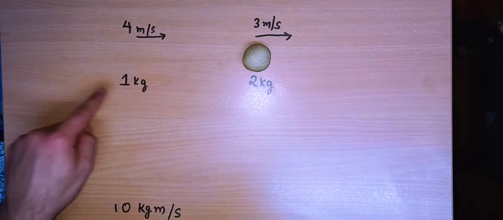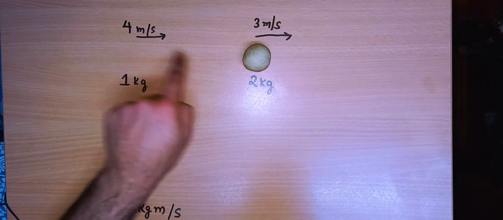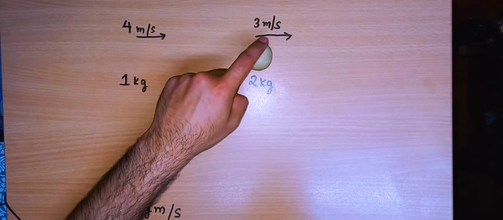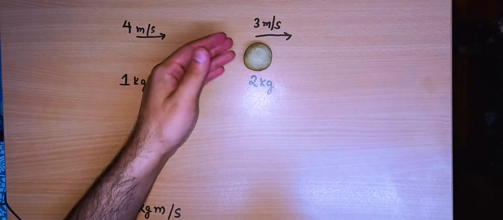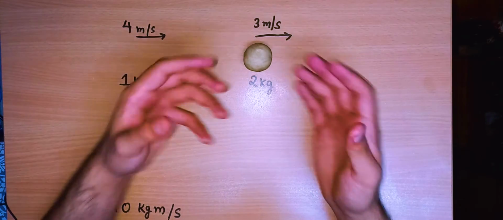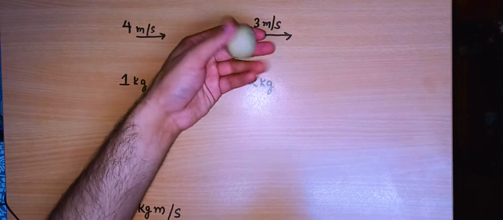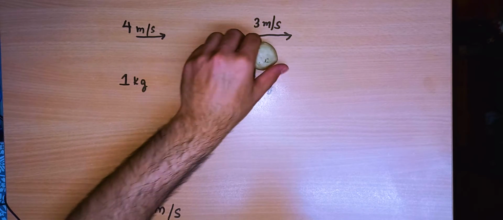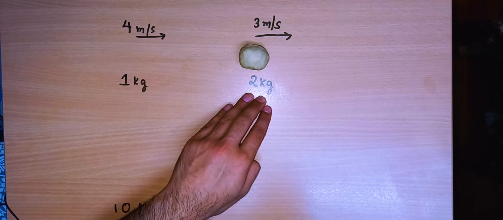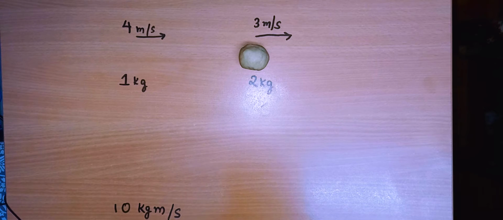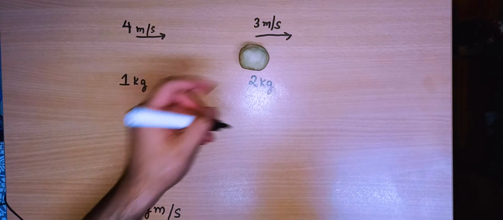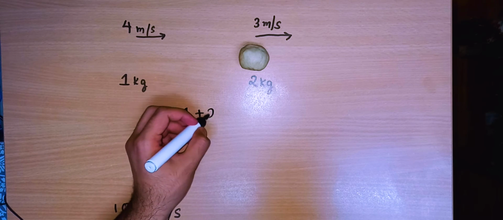The ball moved and collided with the heavy ball, and because the two balls were made of clay, they got stuck together and formed a larger ball. The total mass would be 1 plus 2, which equals